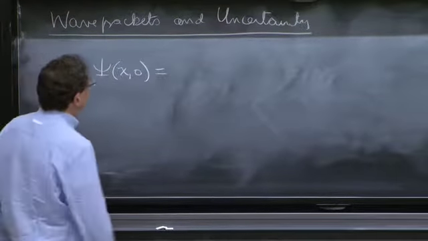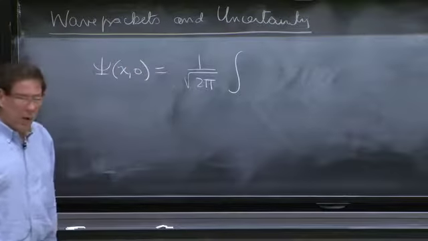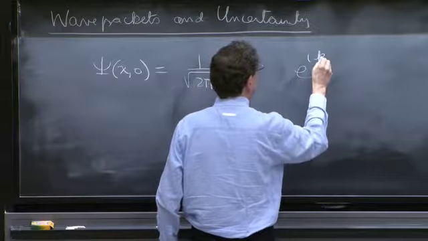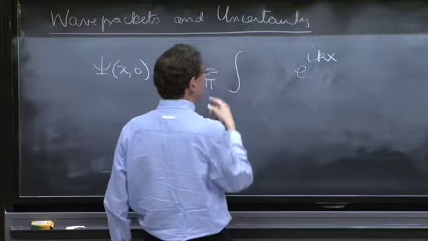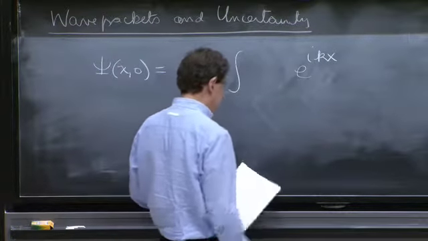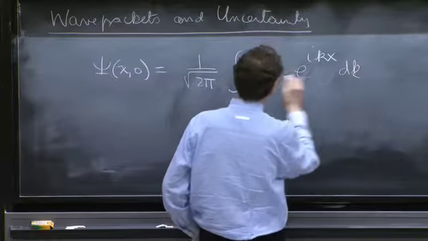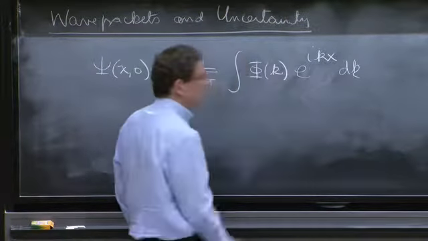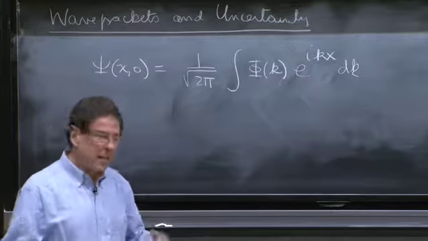And it's a superposition of plane waves. So it would be e to the i k x. You sum over many of them. So you're going to sum over k. But you're going to do it with a weight. And that's phi of k. And there's a lot to learn about this. But the physics that is encoded here is that any